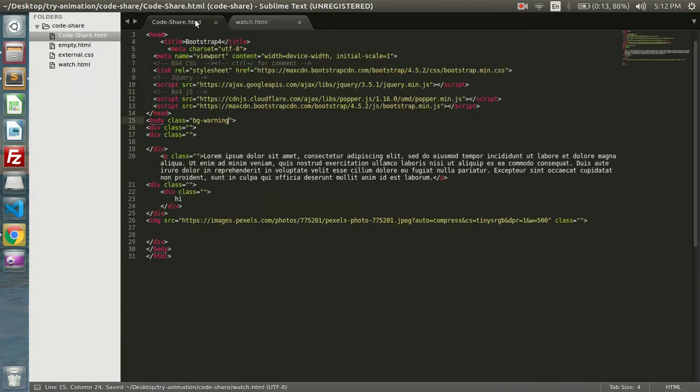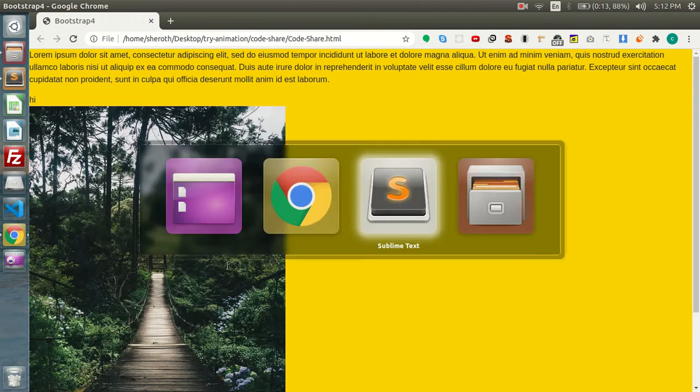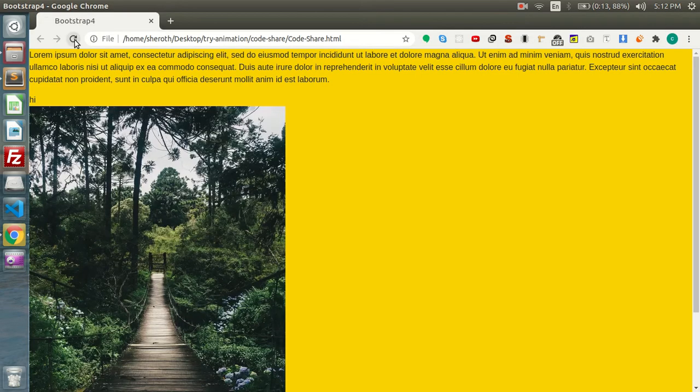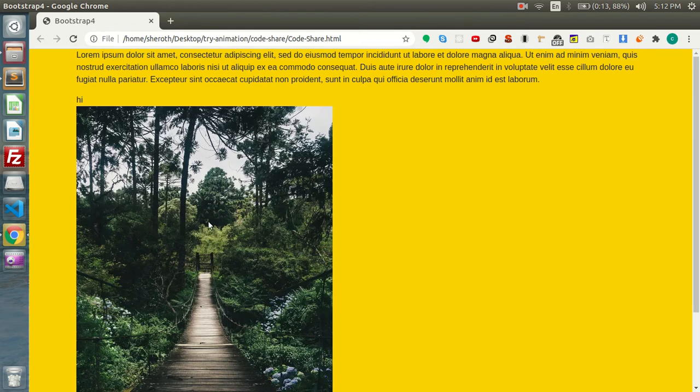Now check this class. Generally we will put a container. Without a container, see, it's displaying in Edge at full browser width. It's not good. So now let me put a container and check. It will create a space on the left and right. On each and every device it will space left and right according to device size. So it looks good because the right and left sides have some space. It's pretty good.